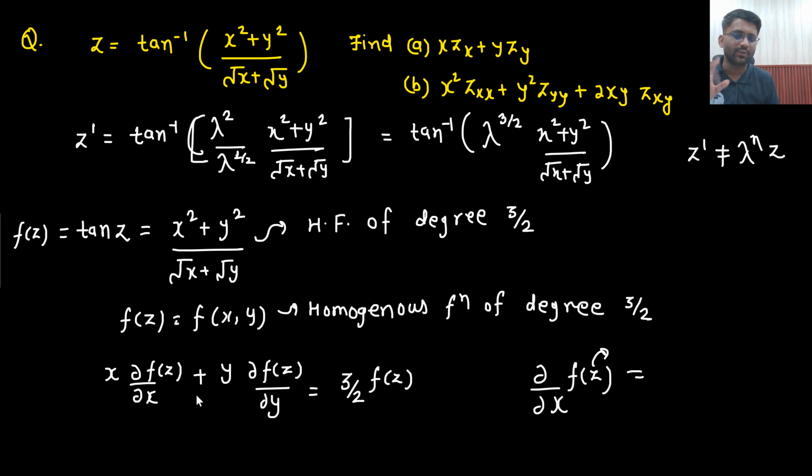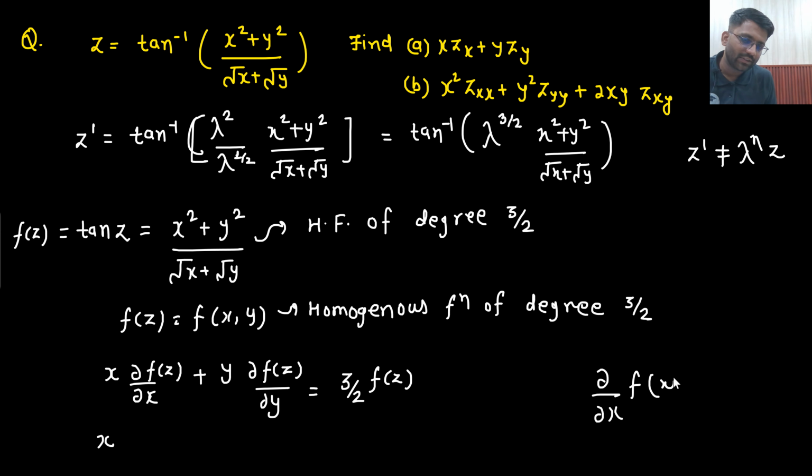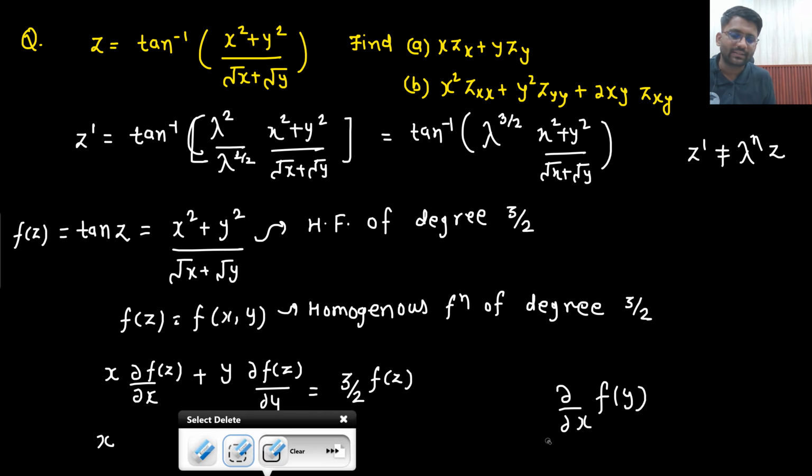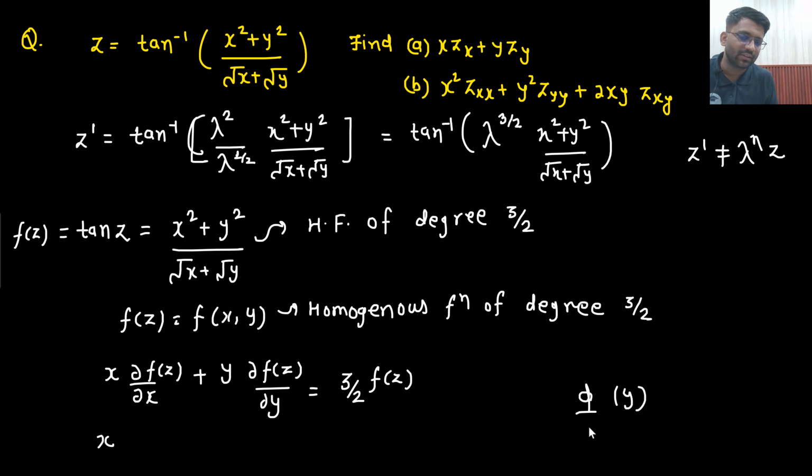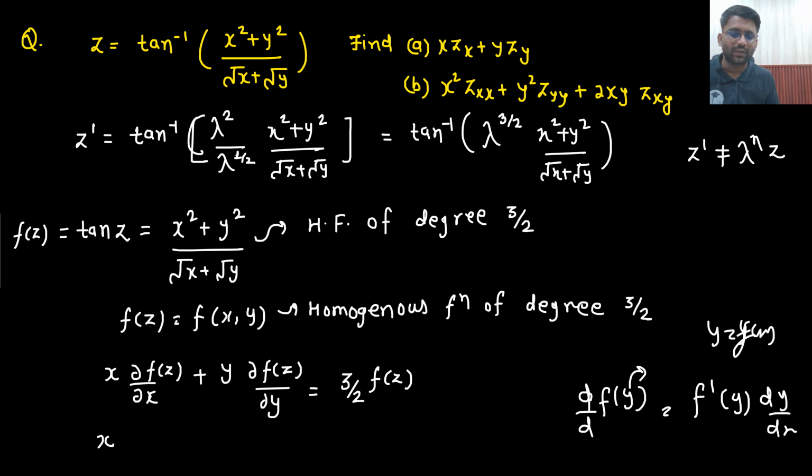Right? Do you understand this point? It is a function of x comma y, so you cannot treat it as constant. Right? So what will be your answer here? X into differentiation of, let's just say if I ask you this thing, differentiation of fx, what do you write down? F dash x. Or let's just say if I ask you, d by dx of fy, not del y del x. I am simply asking you the differentiation, d by dx of fy. What will be your answer? Sir, f dash y dot dy by dx. If I am saying that y is a function of x, because this y is having a term of x,